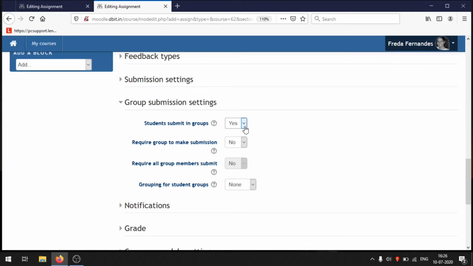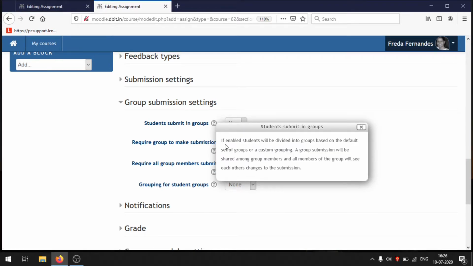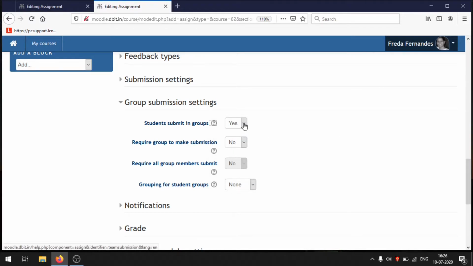If it is enabled, a group submission will be shared among group members and all members of the group will see each other's changes to the submission. If my intention was for a group to look at each other's submissions, if I want peer learning to happen, then I will keep that as yes. But if not, then I will keep this no.